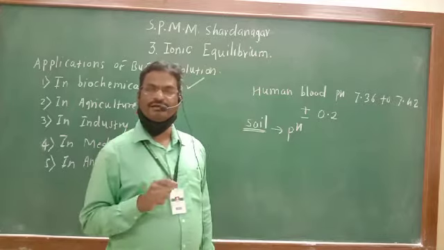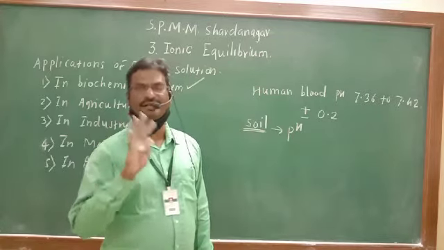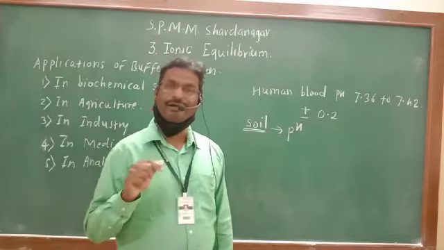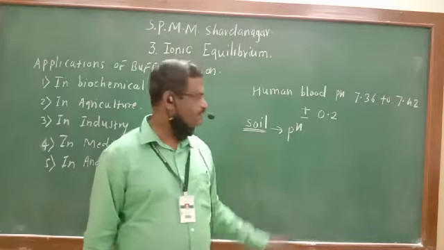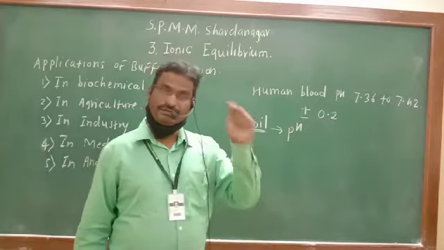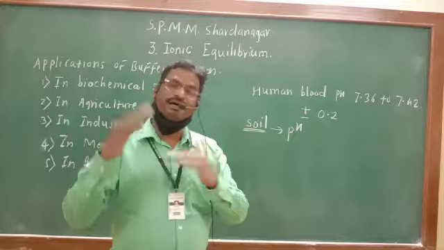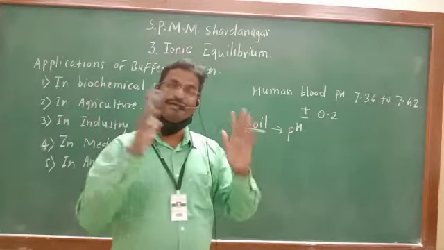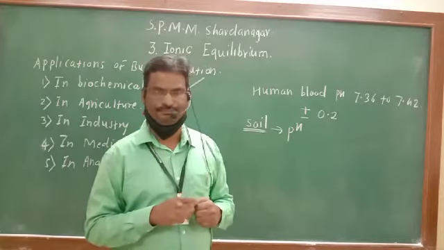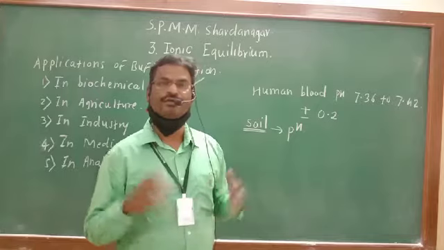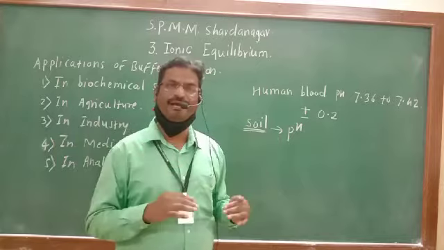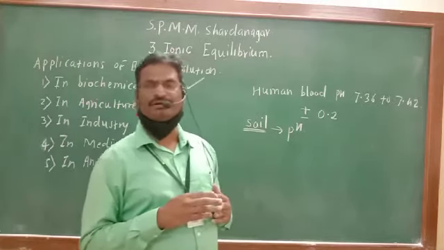So if we know the pH of soil, we can add a particular type of fertilizer. The dose of a particular type of fertilizer is given to the soil if the pH is known, and that dose may either increase or decrease the pH of soil, which maintains the constancy of pH of soil. That is important for the crops. For the growth of crops, the pH of soil should be a certain fixed value, and that can be maintained to be constant by addition of fertilizers.